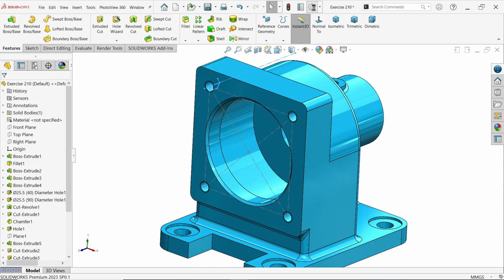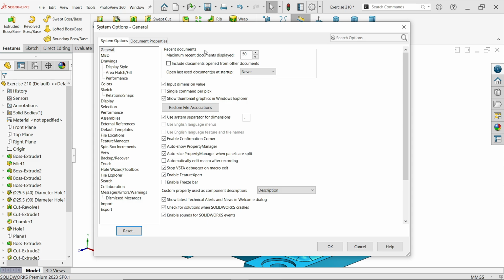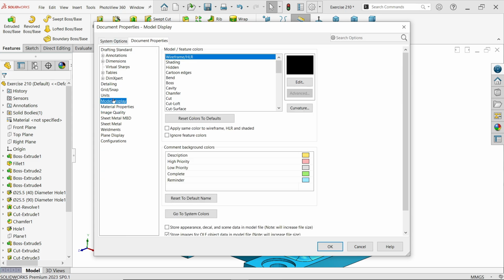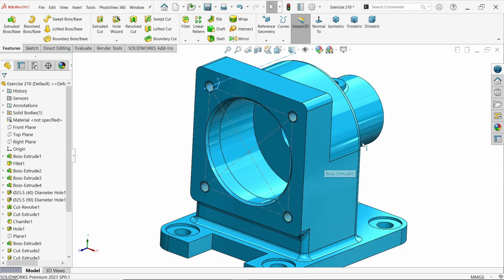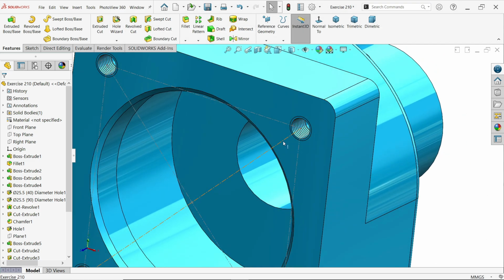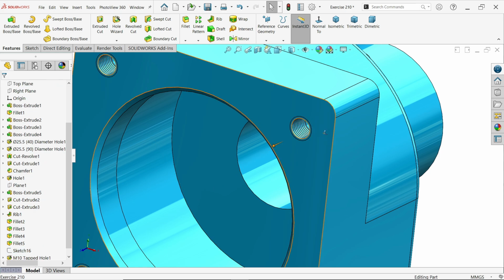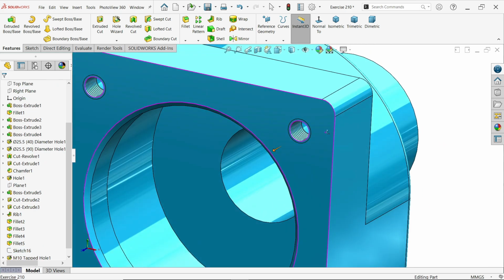Okay. Go to options, document properties, detailing. Here activate shaded cosmetic thread. Now look. Now let me click and hide the sketch. See the